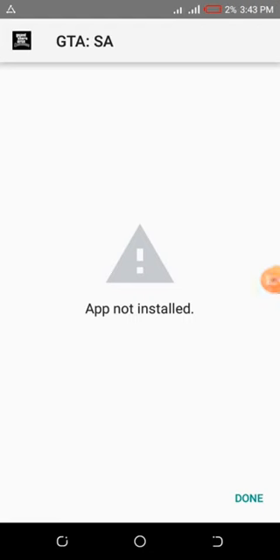Today I'll be giving you a technique on how to go about installing any APK file that tells you app not installed on your mobile phone or any Android device. So it's easy,